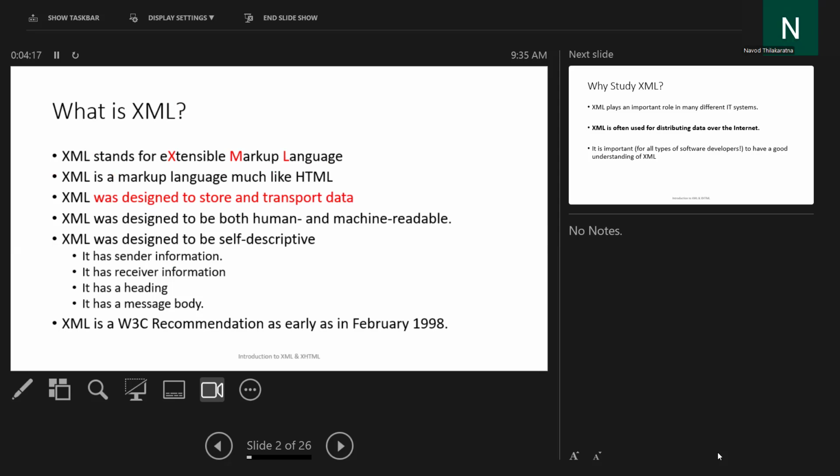XML stands for Extensible Markup Language, right? XML is a markup language much like HTML, and it was designed to store and transport data, right? HTML is there to